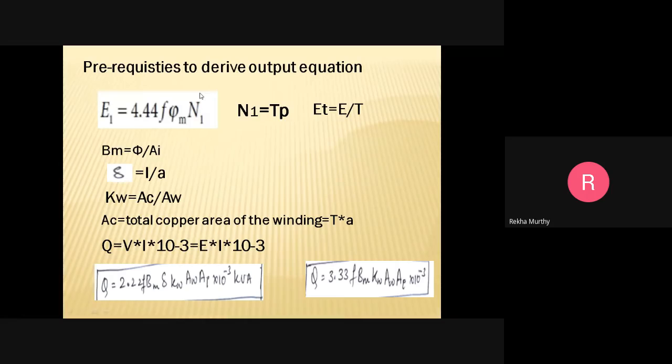So we have discussed the first formula. The new formula is ET, the EMF per turn, given by EMF divided by turns. And the other new formula left out is KW. KW is called the window space factor. What is this window space factor? It is defined as the ratio of